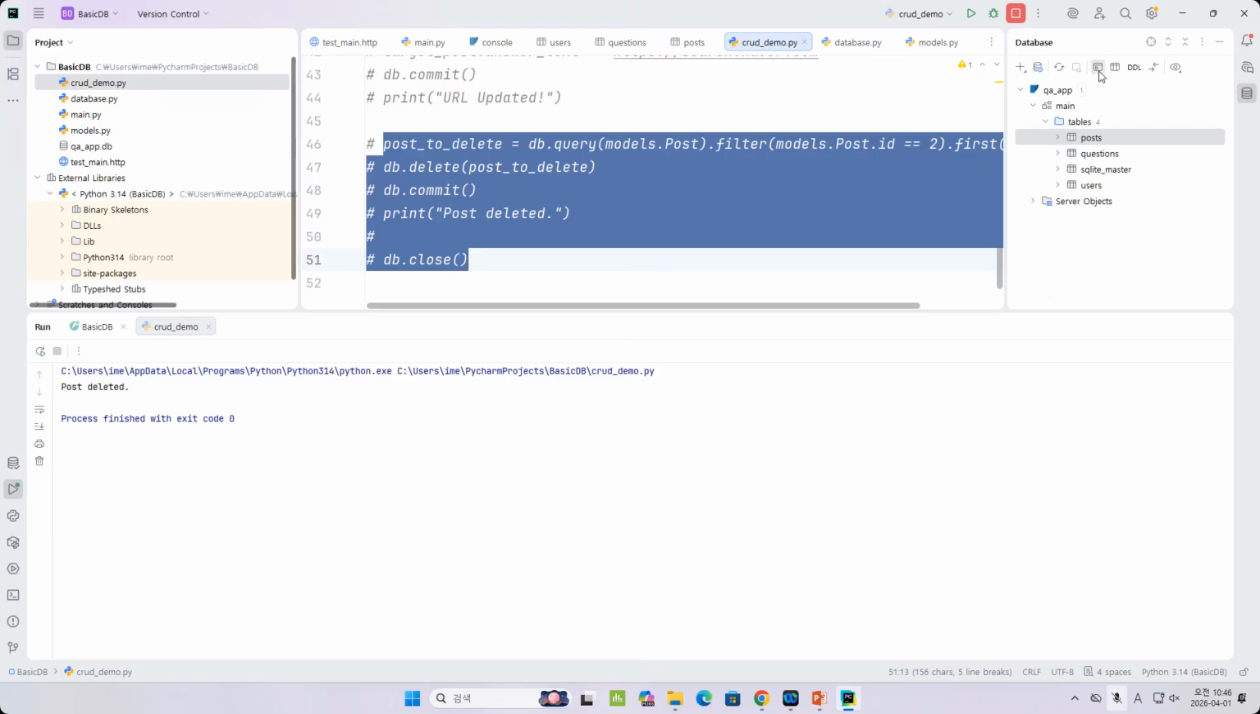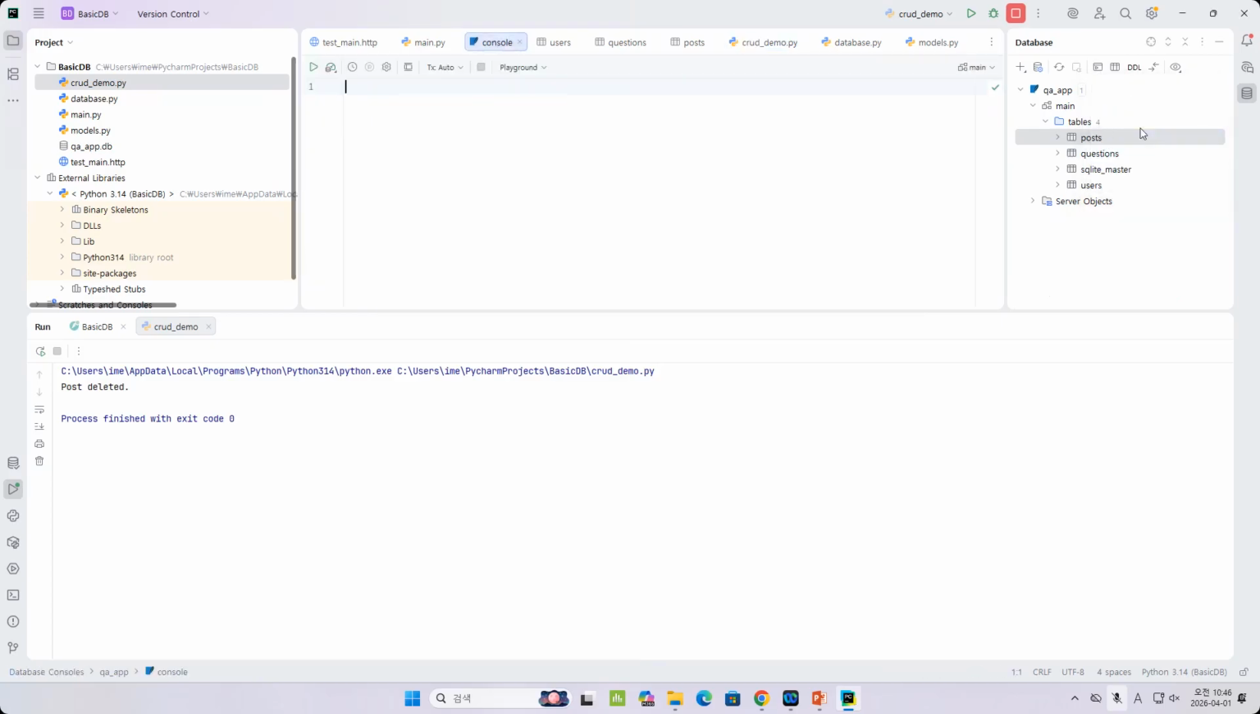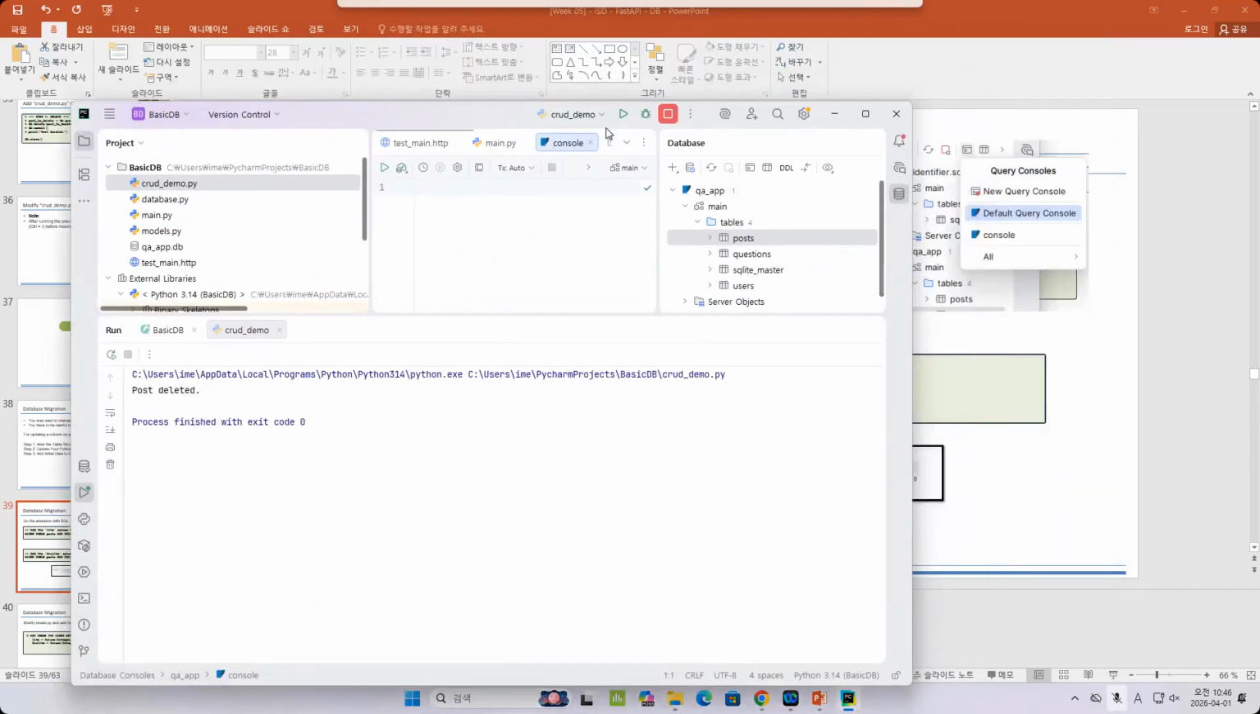And then this is the query console. So in the query consoles, they have the new query console, or they have also the default query console, etc. I think you can just use the default to connect to your database. This query,